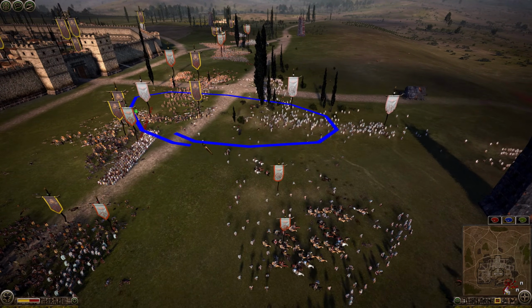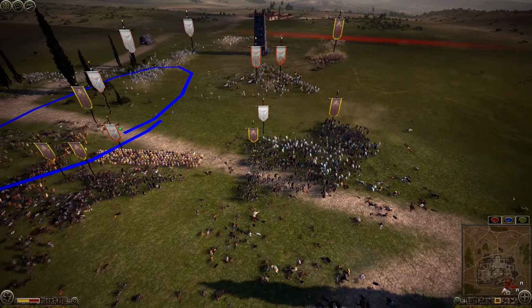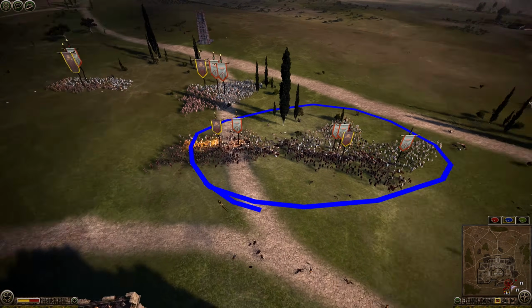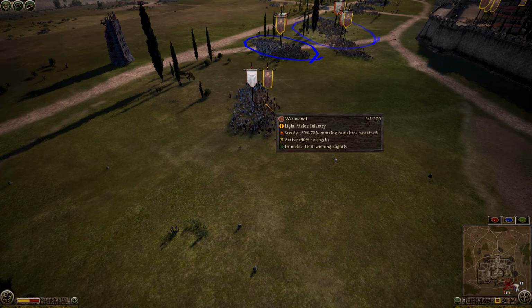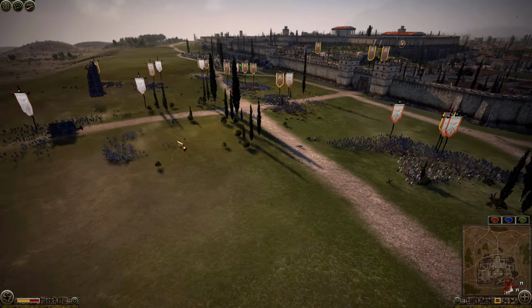Bunch of units in the center. Palatus, swordsman, spearmen. Very, very bad for the Odrysians now. Although they are still doing very well. They have lots of infantry right here that are about to win their battles. This unit right here is getting wasted by the Odrysians slowly. And then out here, the Odrysians are about to lose, but they're getting a lot of kills, so...